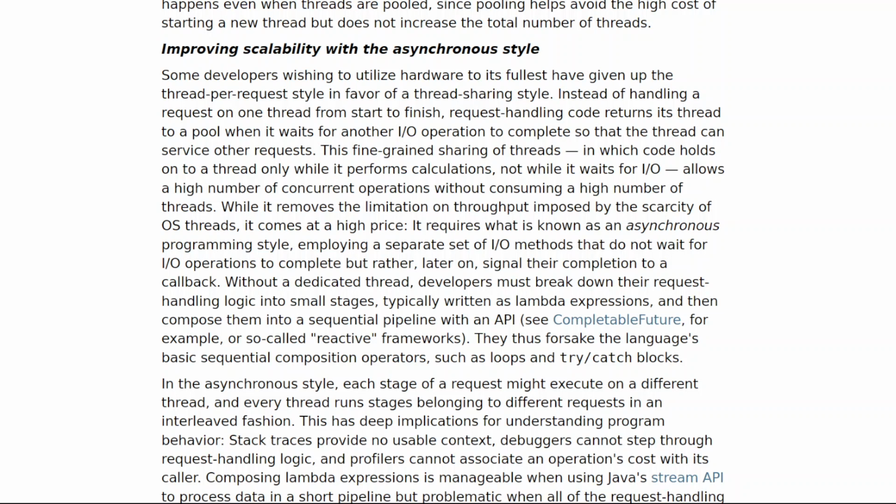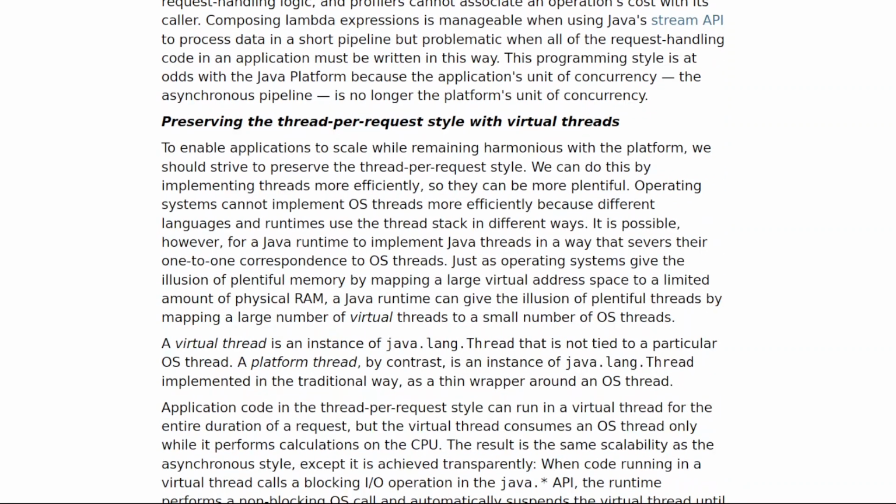Stack traces provide no usable context, debuggers cannot step through request handling logic, and profilers cannot associate an operation's cost with its caller. Composing lambda expressions is manageable when using Java's Stream API to process data in a short pipeline, but problematic when all of the request handling code in an application must be written in this way.